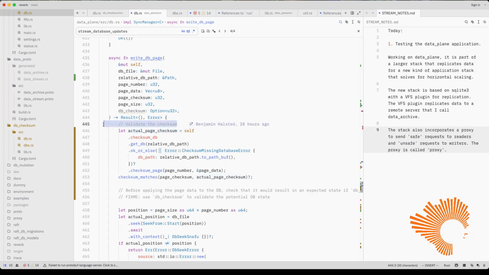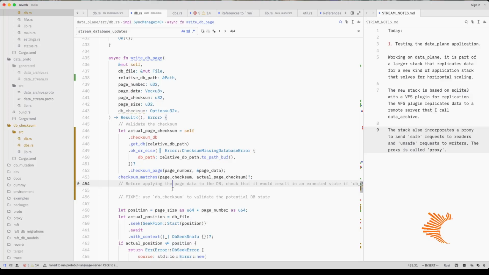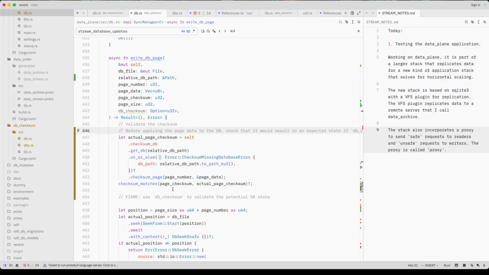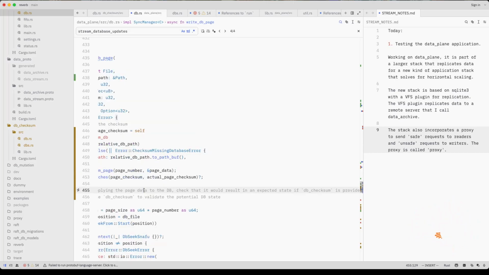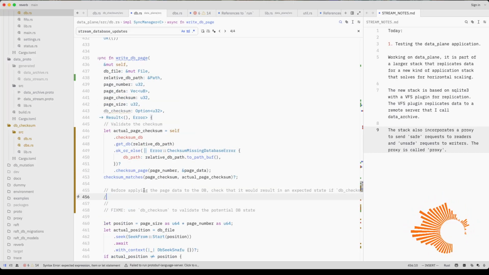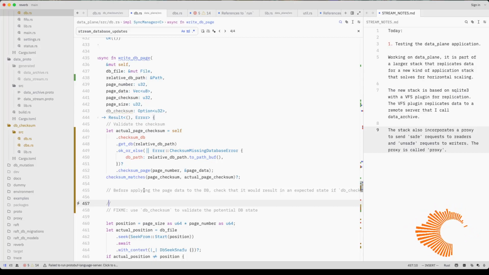So we validate the checksum. We check that. Basically we update our checksum, and before applying it to the page, so before applying it to disk,